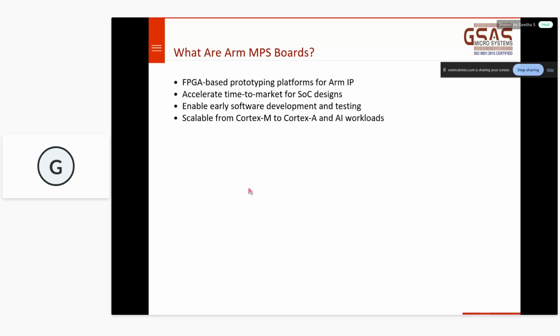Okay. So these are FPGA prototyping platforms for ARM IP, specifically ARM IP cores, as I had already highlighted. It basically helps in bringing down the time to market. It means accelerating: with the help of these prototyping boards, you can quickly complete your design and develop your hardware. We'll be talking about these points in the upcoming slides. This is just bullet points, and thereby you can develop the product and release it to the market soon. It's a competitive market, right? Whoever releases the product to the market first will capture the market share, or get the profit or margin.